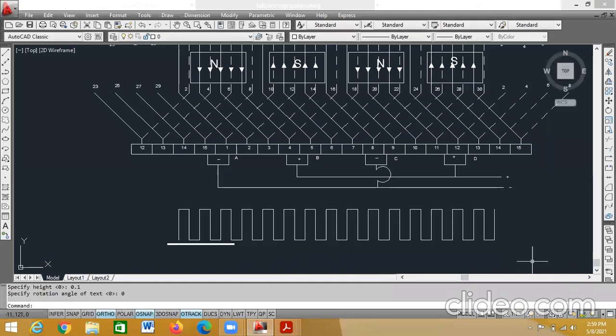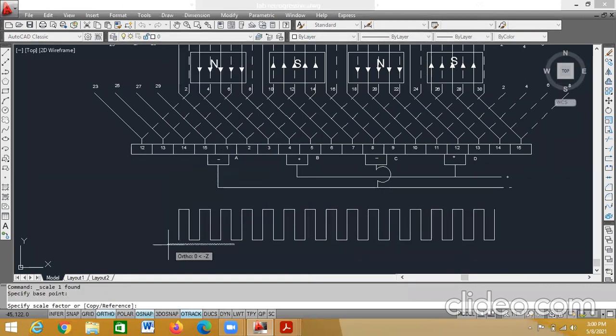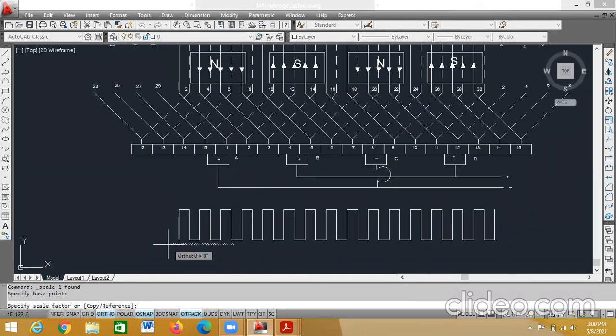See now what happened. Once I press the escape or enter button, it has become very, very small because here I have to accommodate it. Now what to do? Right click on this, select this, right click, go for scale again. Select the base point. I'll give the scale as 1 and press enter. So it is not showing. So I have to randomly do the scaling. I'll give as 2, enter. Okay. For 2 it is coming like this.